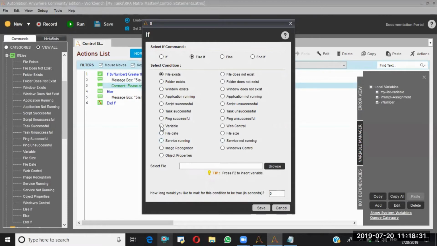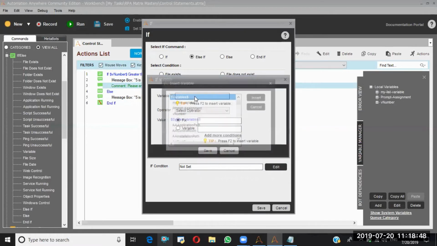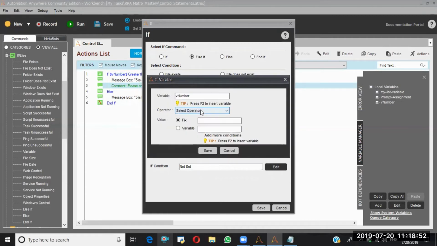In the else if, I am performing the operations on top of the variable. So I have to select the variable, then click on the edit button. Once I'm done, I'm again going to check whether this v number is greater than or equals to 3. Save.